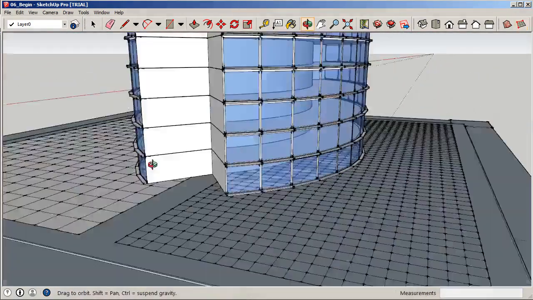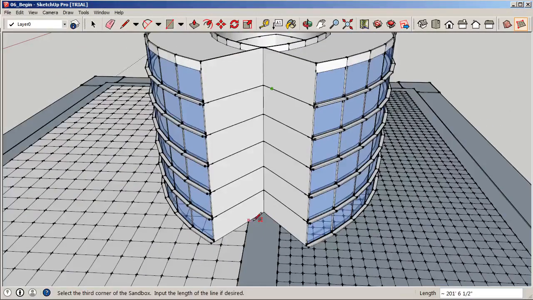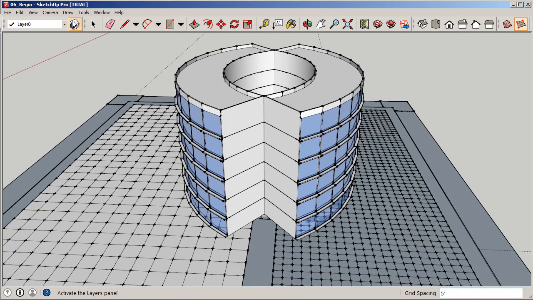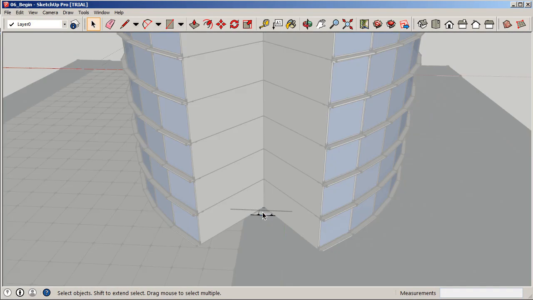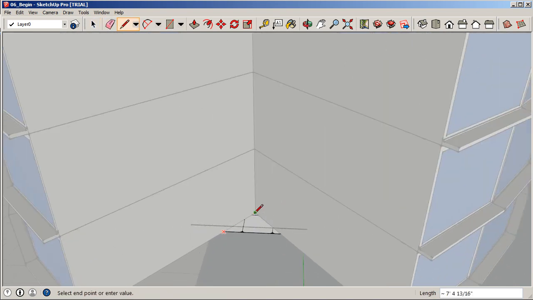Basically to where we can get a full grid and we can erase anything else that we may not need. So I'm going to bring it up to about that point. So we have some additional geometry we can erase right inside this particular grid area. So I'm going to double click it. Use some line work, draw in a nice little triangle to create a little surface that I can then come in and erase